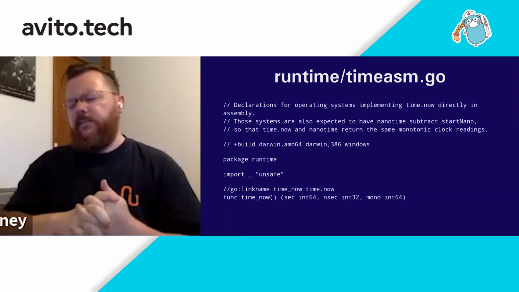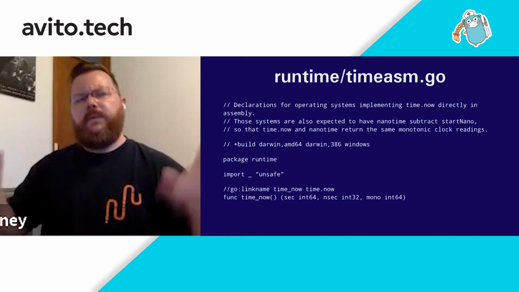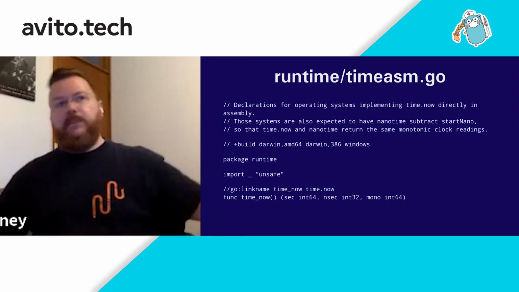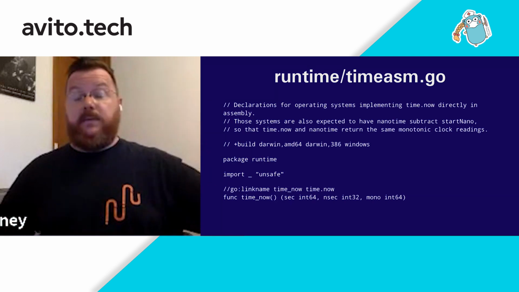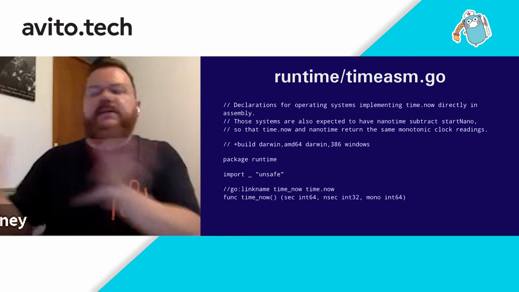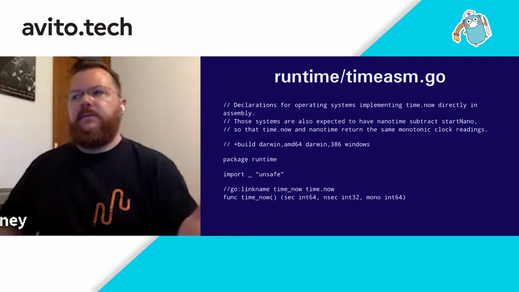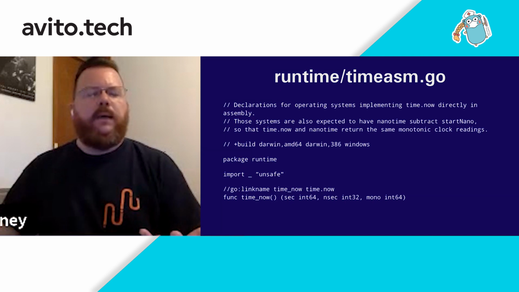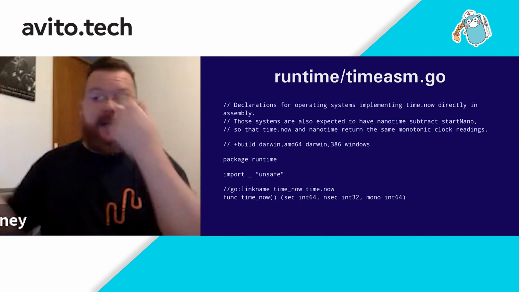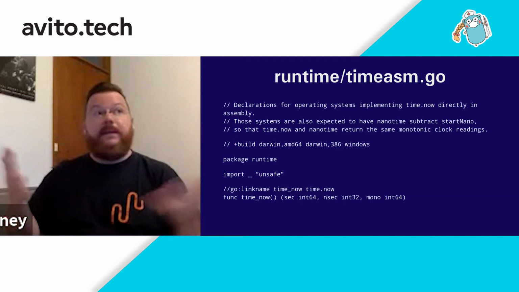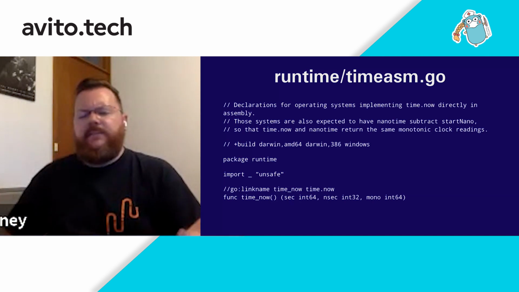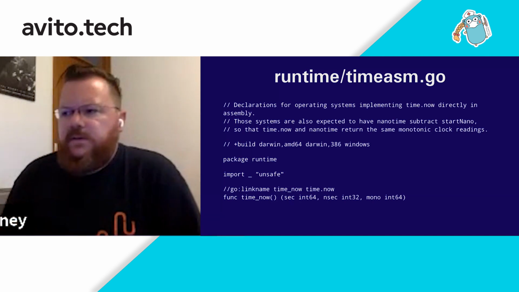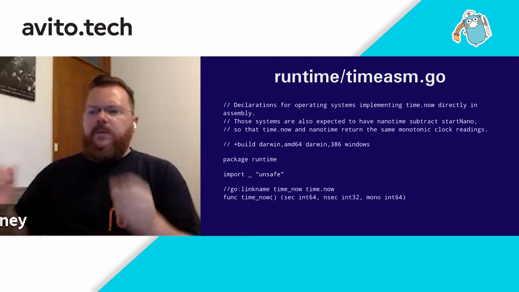For the longest time in Go, we had two ways of asking what the time was. We had the one that the runtime used for runtime type things, like if it needs to ask the time as part of the scheduler. And we had time.now. And every time we added a new architecture, it had to be added in two places, even though fundamentally it's the same code. Go to the operating system, make a syscall, get the current time, as well as all the other optimizations that getting the time has. So what Linkname does